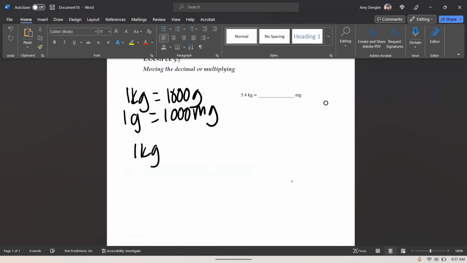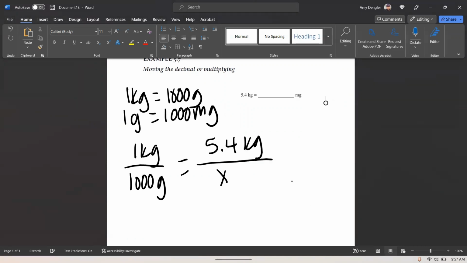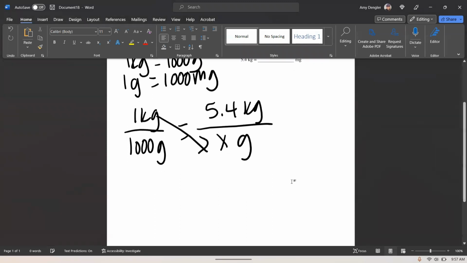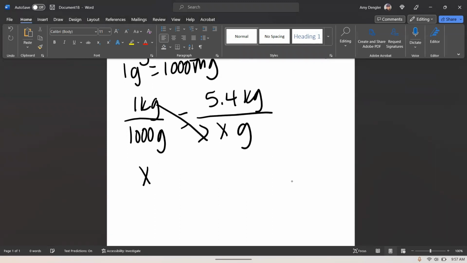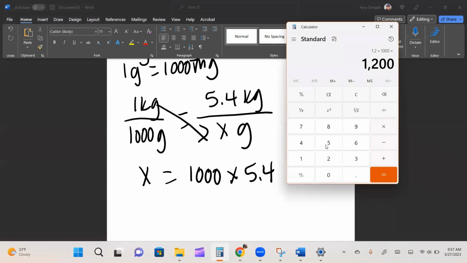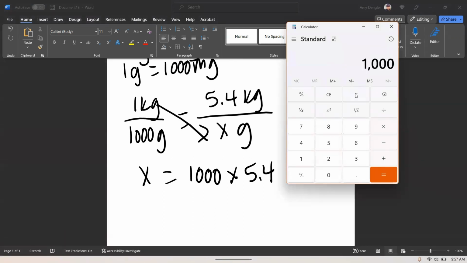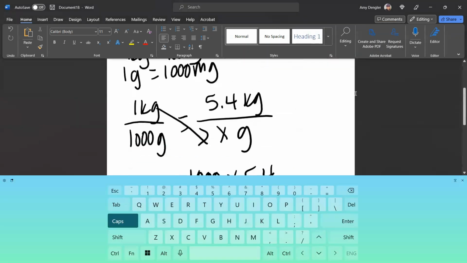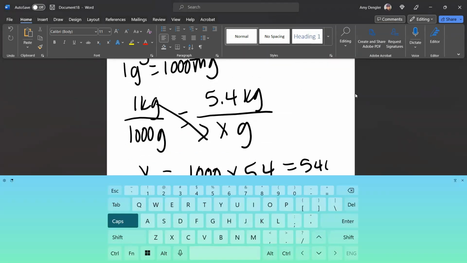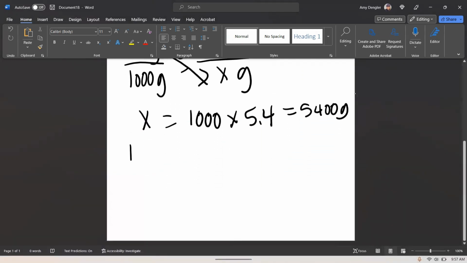So 1 kilogram equals 1,000 grams. And we have 5.4 kilograms. How many grams is that? So this 1x becomes just x is equal to 1,000 times 5.4. So 1,000 times 5.4 equals 5,400 grams. Now we have to convert those